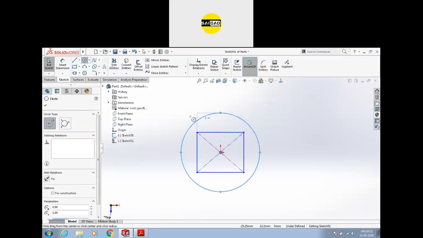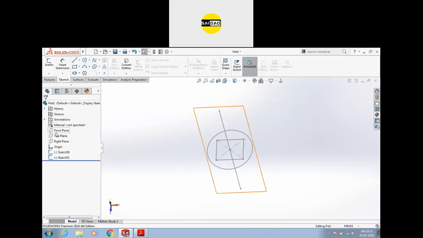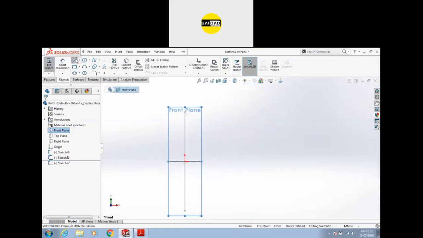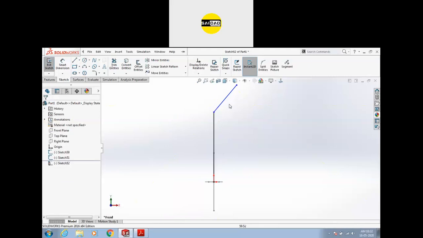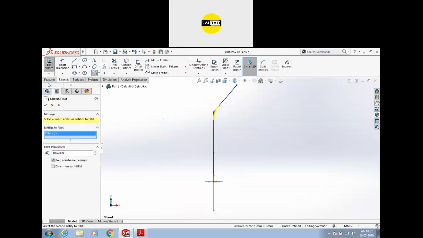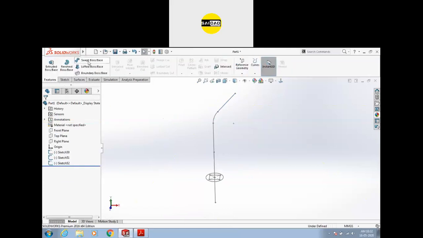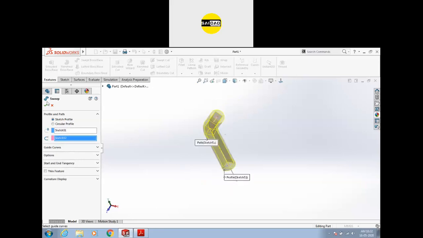Okay, so you can create the sketch and you can create the path. So now select the sweep with this and this. You can create that.